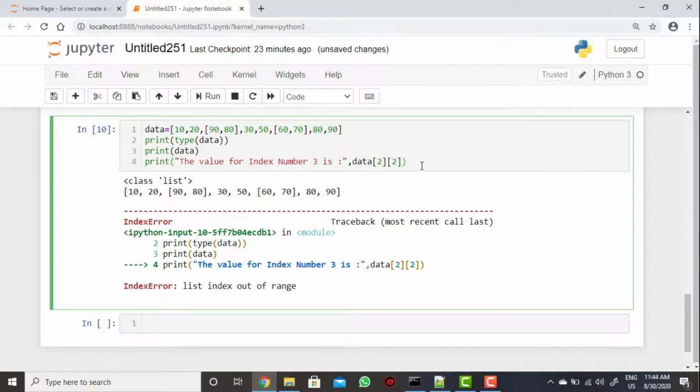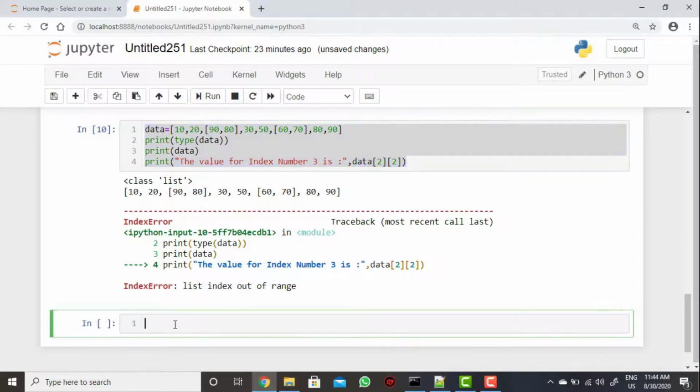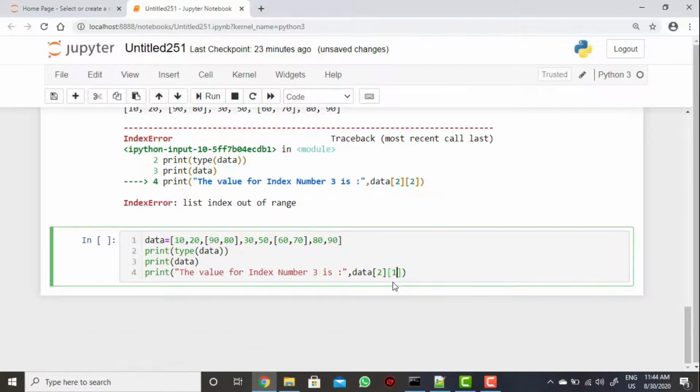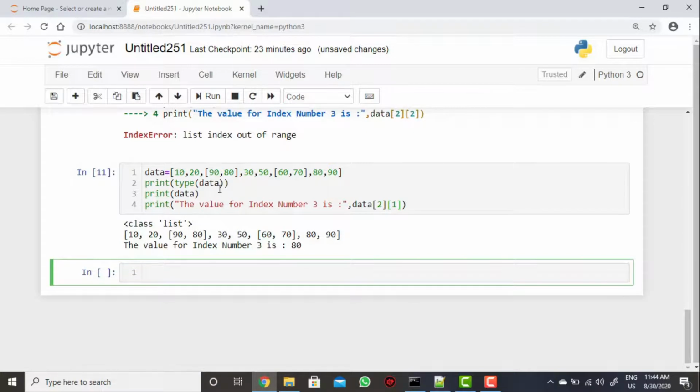That's why it is throwing an error. So you need to bring a specific index number only. Then you can say 2 comma 1, that will be 80. This is how we can get the values of a list within a list. That is called a nested list.